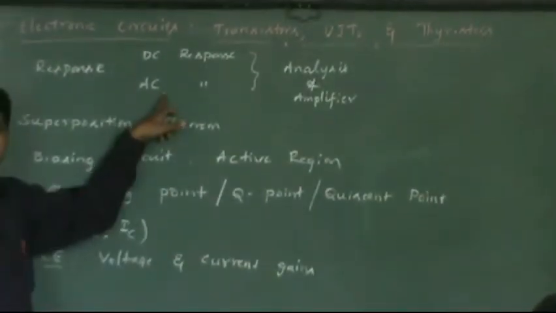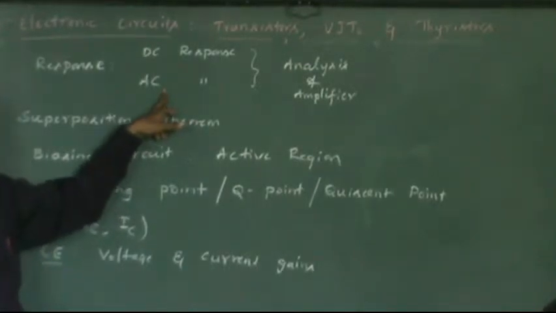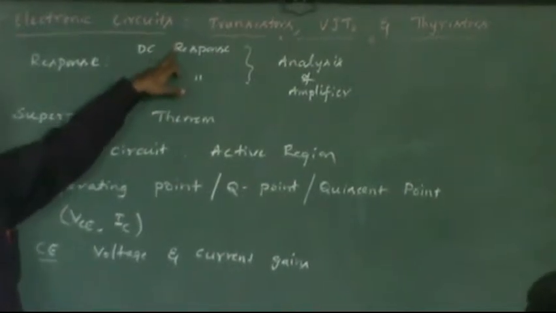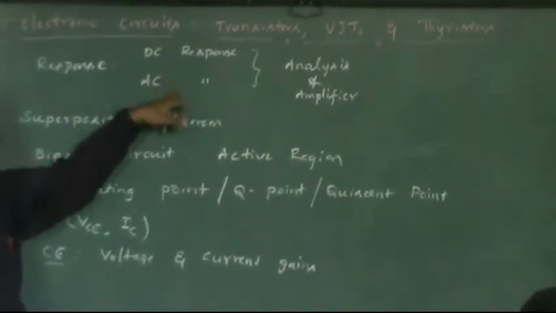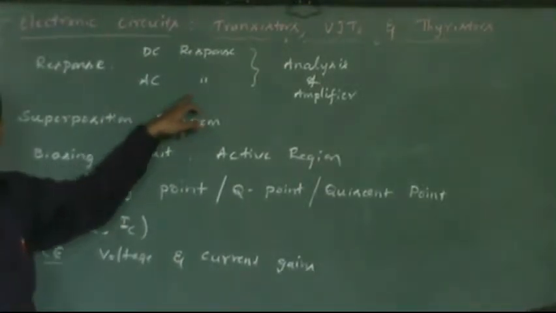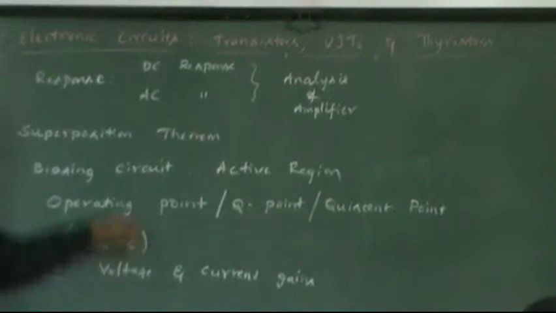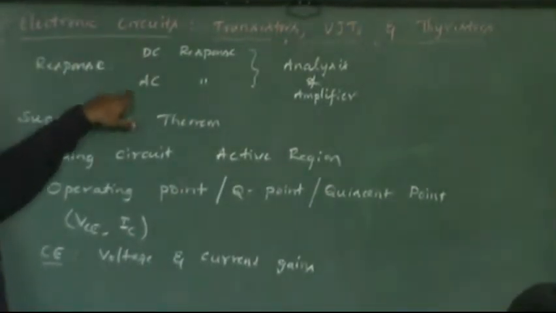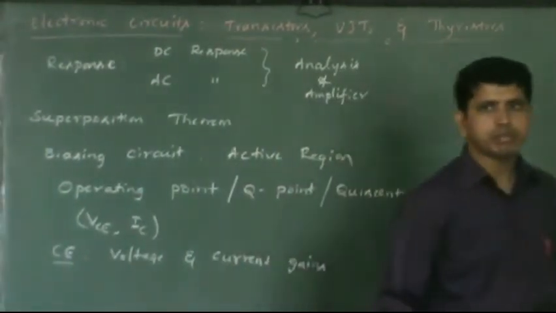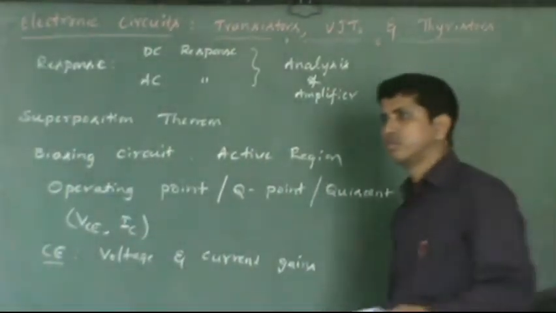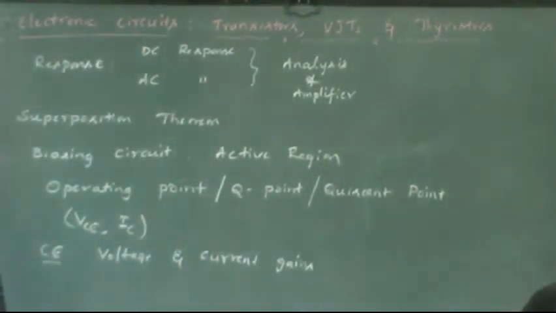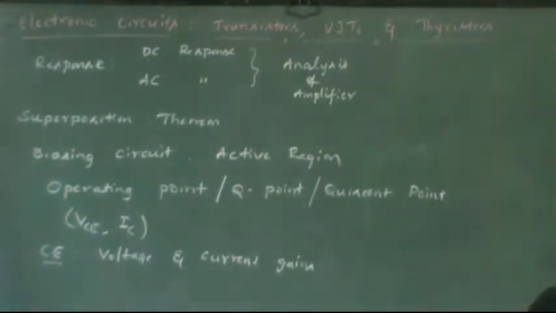And similarly, when you want to obtain the AC response, okay, all capacitors must be there. The AC signal must be there. So whatever DC components you have, along with that you can add capacitors, AC signal, everything, and you try to obtain the AC response. Okay. Having obtained the DC response and AC response, finally you apply the superposition theorem. What is the superposition theorem? Suppose a circuit has two sources, if you want to estimate the output for both sources, what will you do?